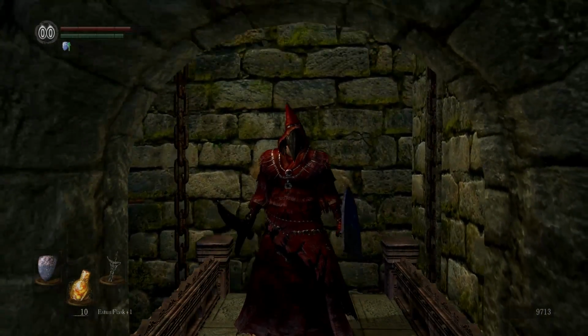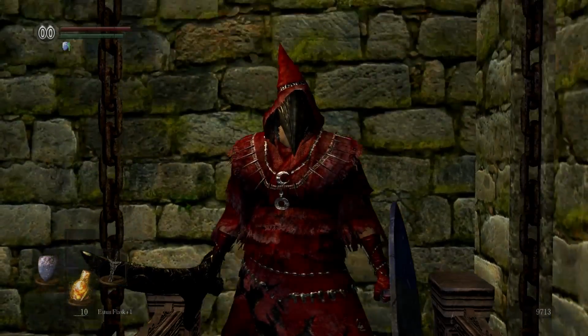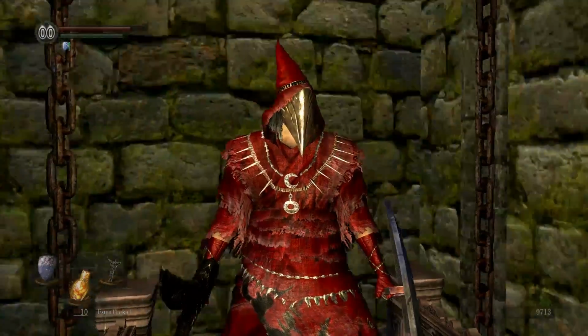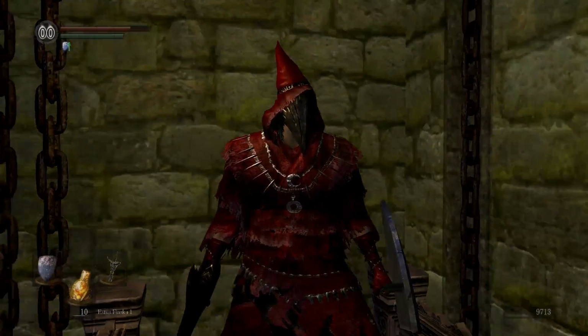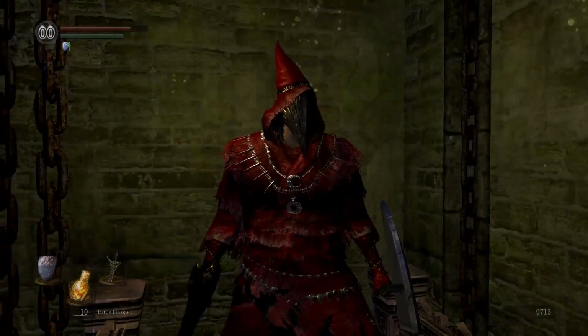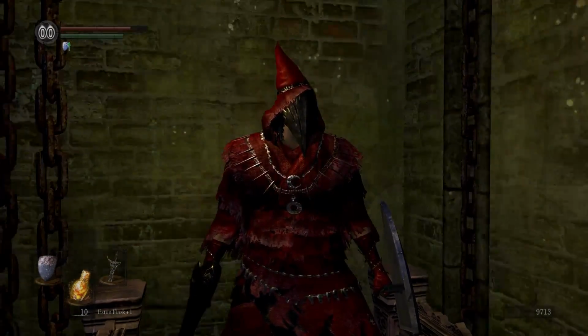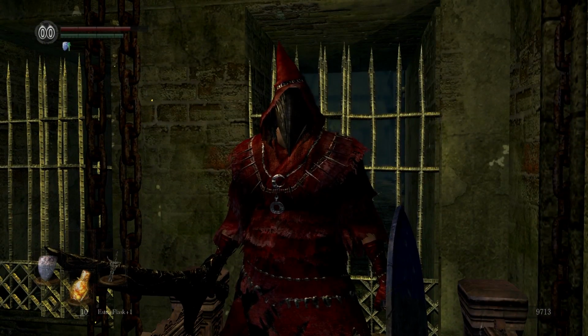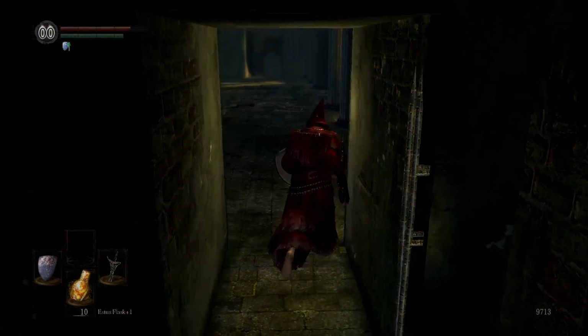We rested at the bonfire there and we got the key, so now we are +10 Estus. Oh, you know what else we should have done? We should have boosted our Estus at the Firekeeper. But that's alright, I'll do it later. I don't think we'll have much problem with the boss. So let's go ahead and